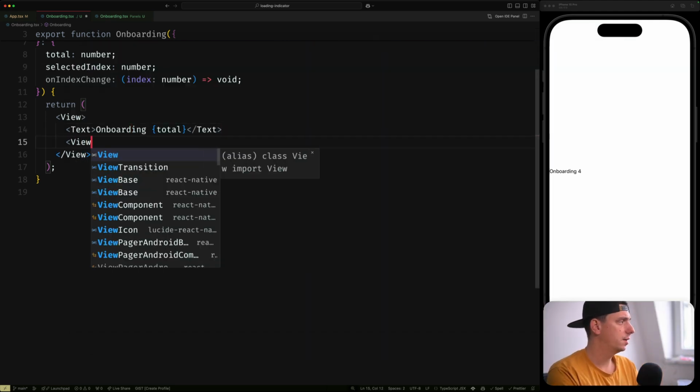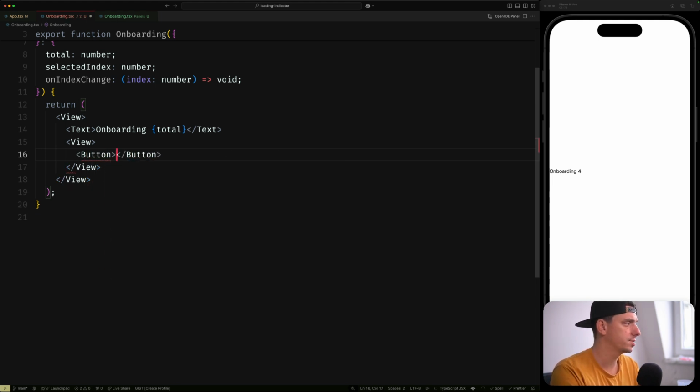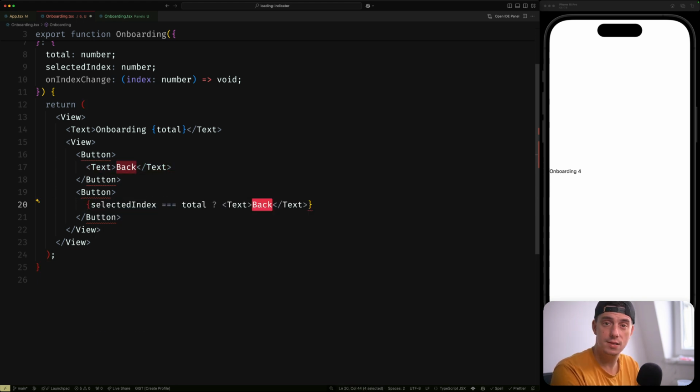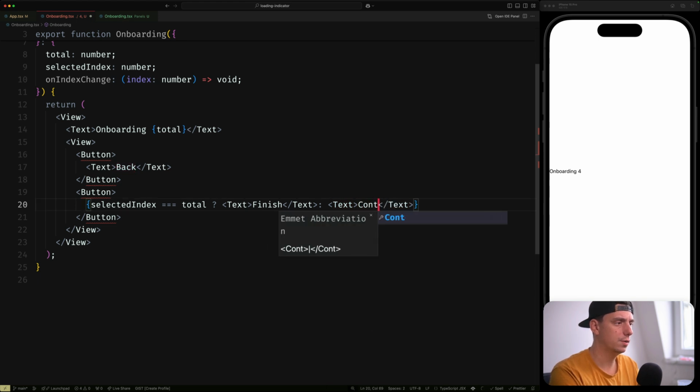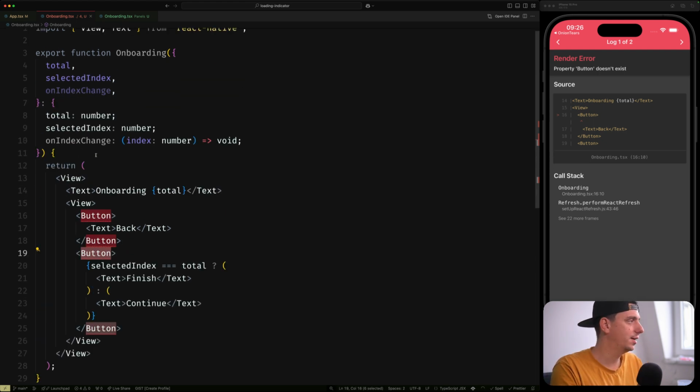And I will say here, I'm going to create a view. And this view is going to have two different buttons. One button is going to have text of back, and another button that's going to have, if you are on the last slide, we are going to display finish, otherwise we are going to display continue. Great. Now this is complaining because Button doesn't exist. So this Button is going to be a custom button component that's going to extend a Pressable with an Animated createComponent. So let's